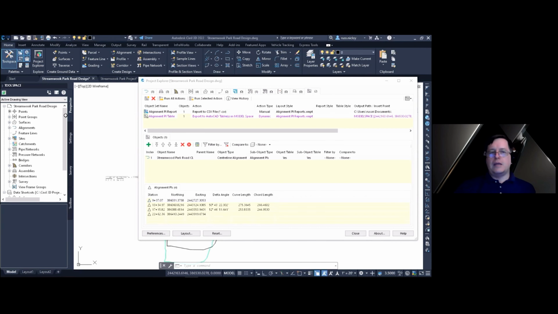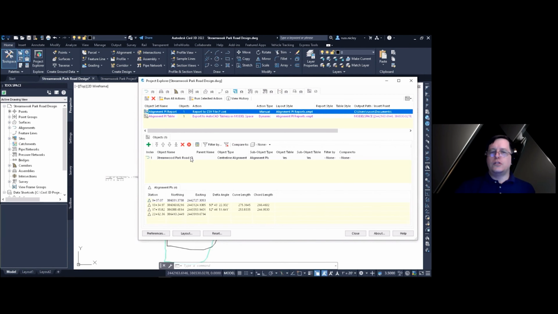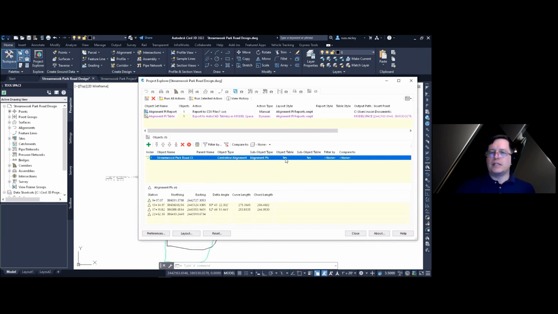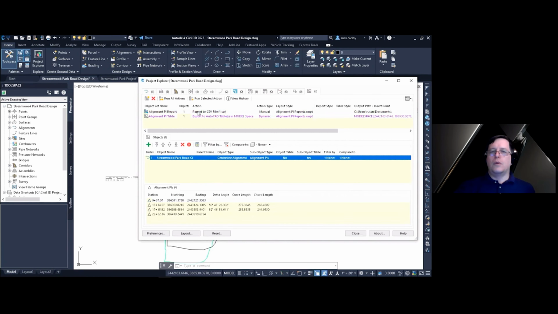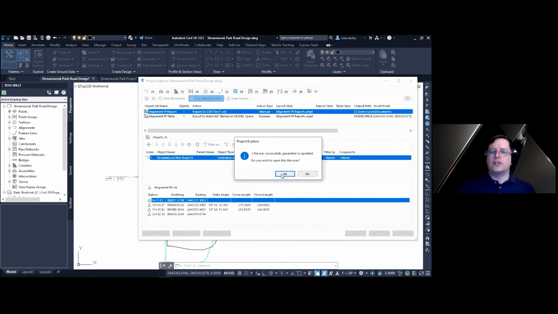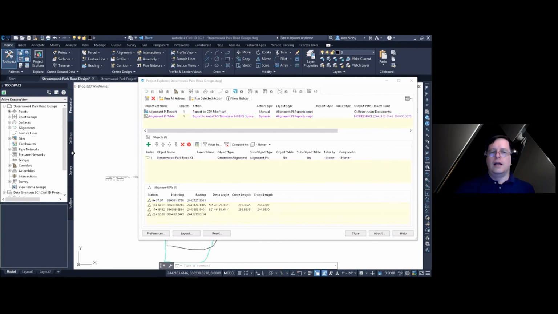In here, there's some document information, but then there's the project data and the sub-object data here. Actually, I didn't want the project data in here though, or the object data in here. So I'm going to close that out and come down here to the object data row and say object table. I'm going to double click and say I want to turn that off. Notice I'm leaving the sub-object table on. I'll click OK, click run selected action, reopen that file, and now the object data is gone, leaving only the sub-object data to be used there.